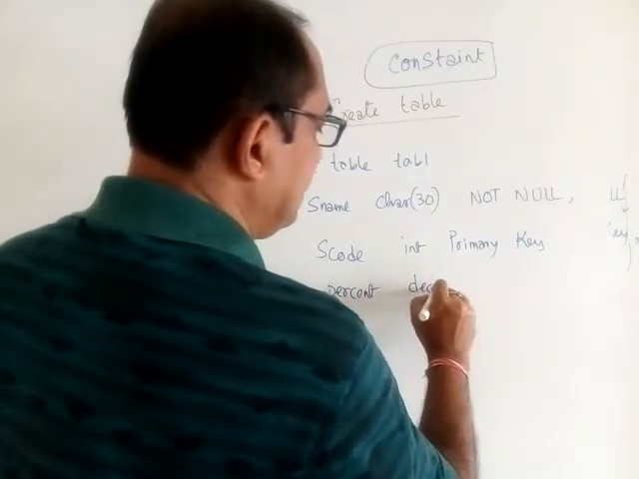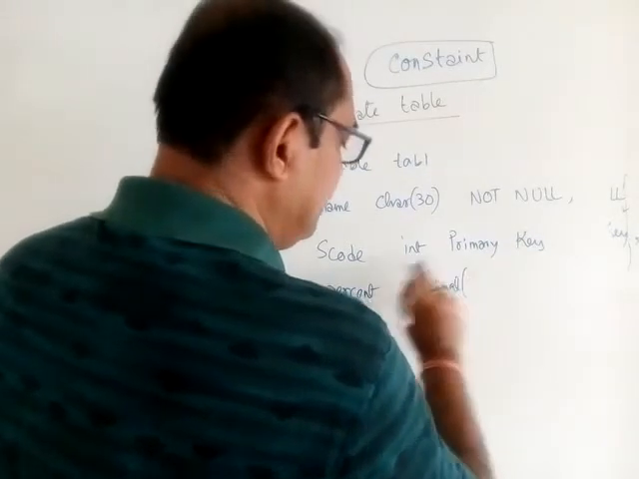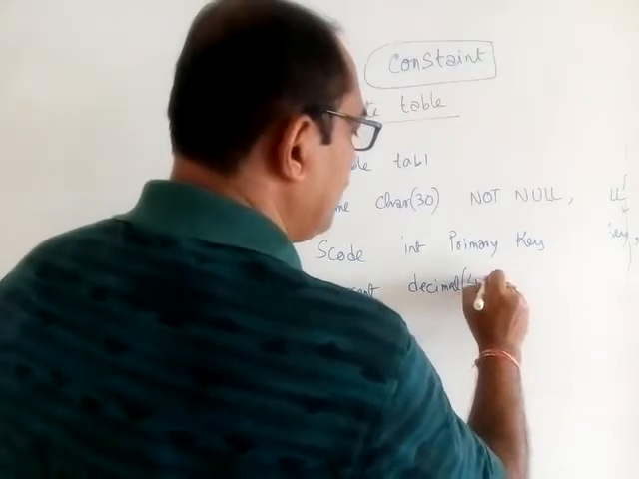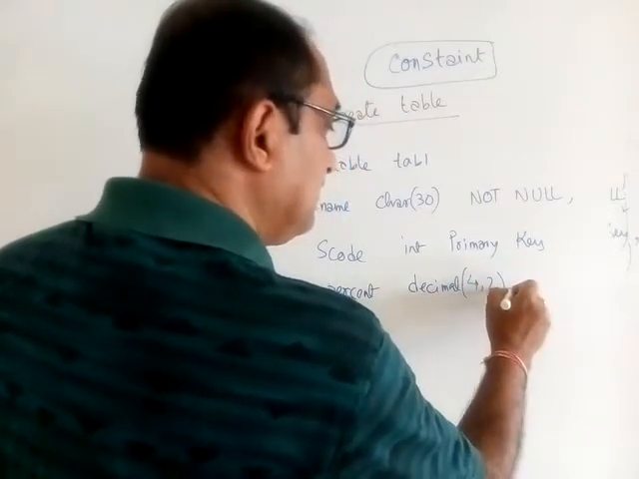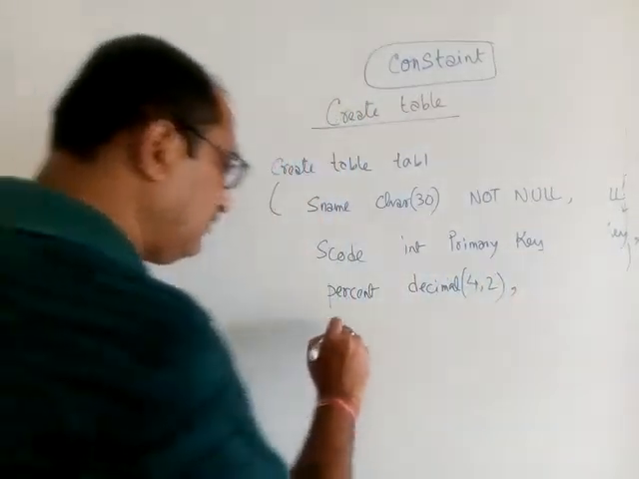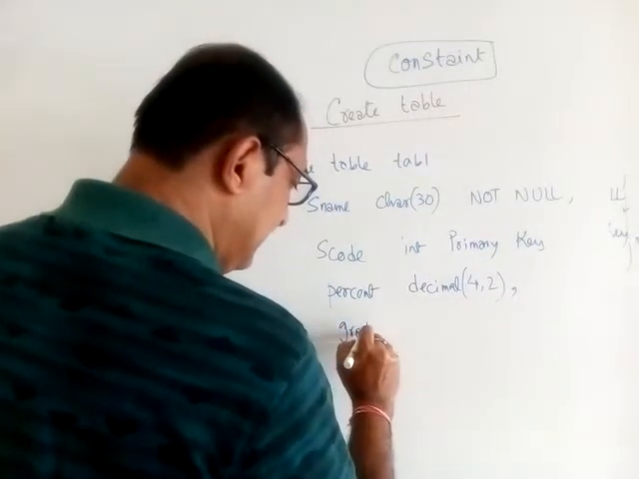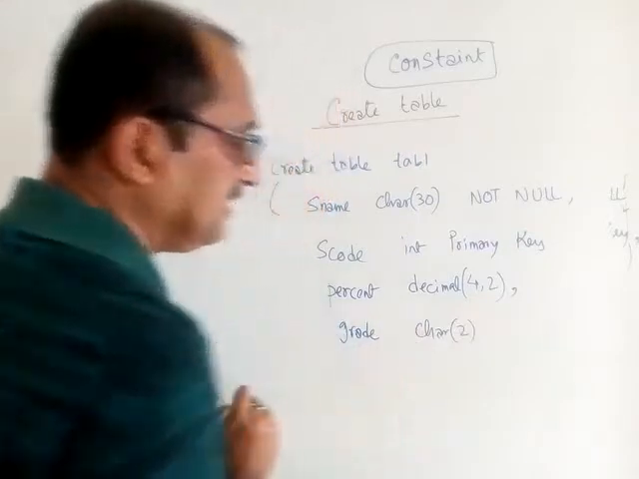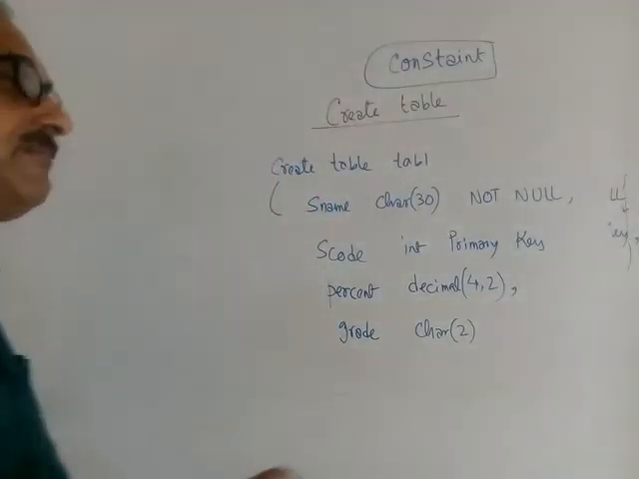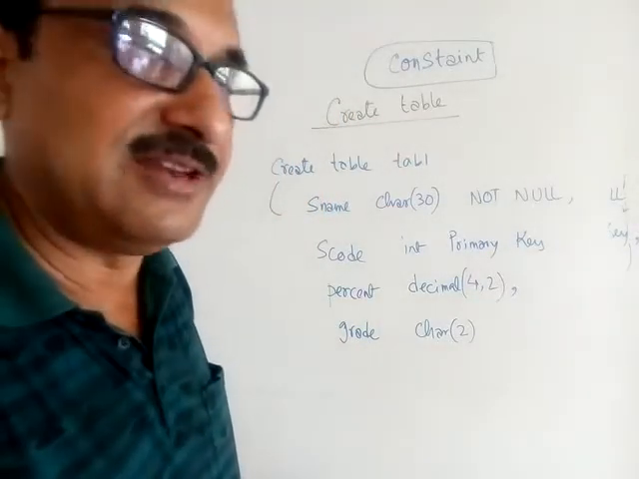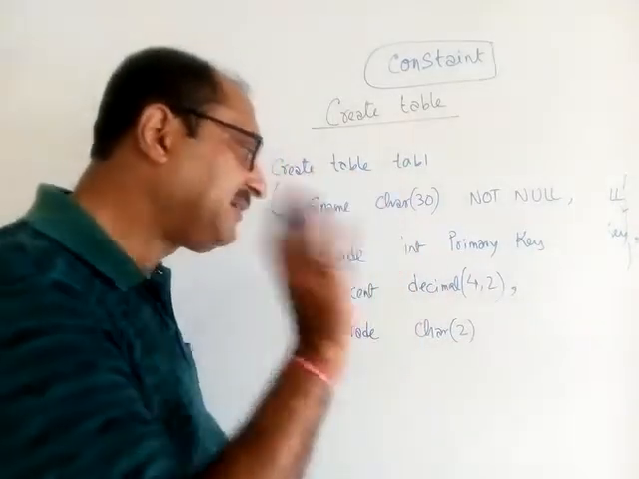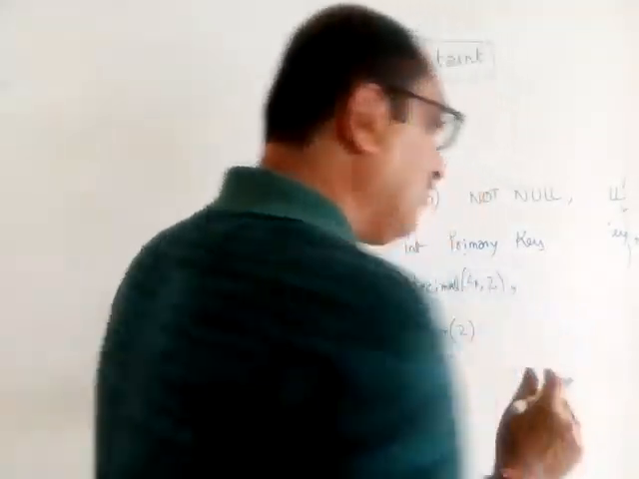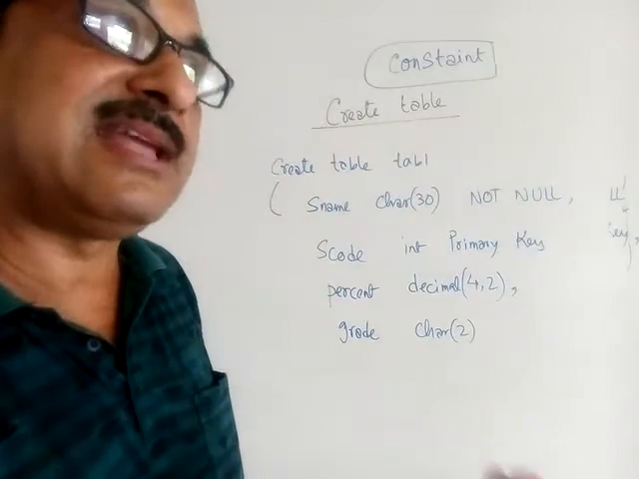Say this is my decimal value, decimal kind of data, and I say 4,2. That should be the size. And finally, say I took a field grade. I said it will be two characters basically. But sometimes I might give a value, sometimes I might not give a value. If I leave it completely blank, how to leave a value completely blank, that I will tell you when